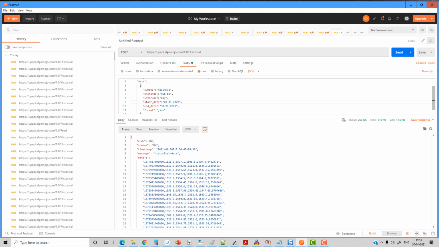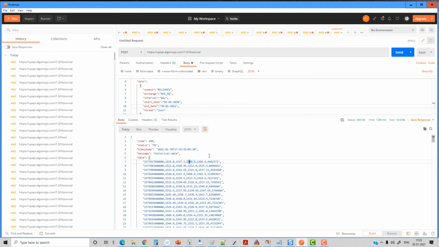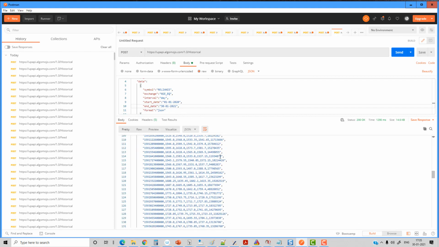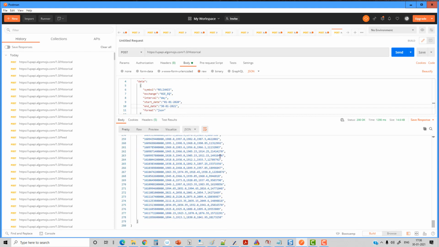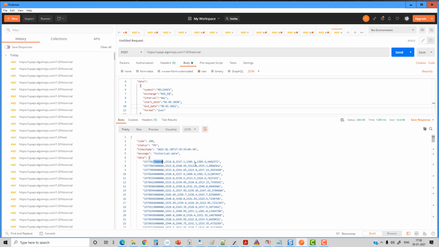Here, if it is intraday data, Upstox restricts it to a maximum of 7 trading days. Whereas in the case of daily, weekly or monthly data, you can get data from 2005 onwards. So here I'm just getting the last 1 year of data. I'll press send. You can see that I'm able to fetch the last 278 trading days of daily data. Daily end of the day open, high, low, close data, I'm able to fetch using this.